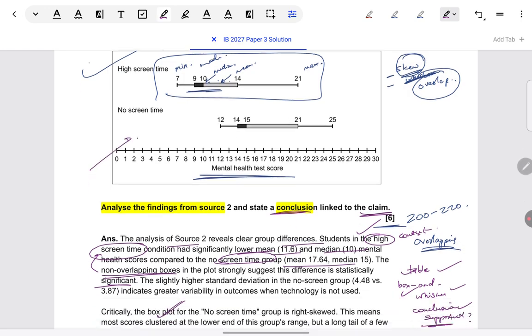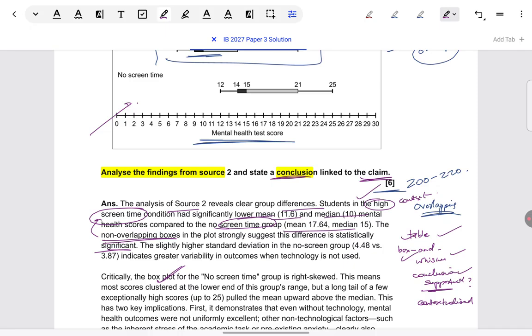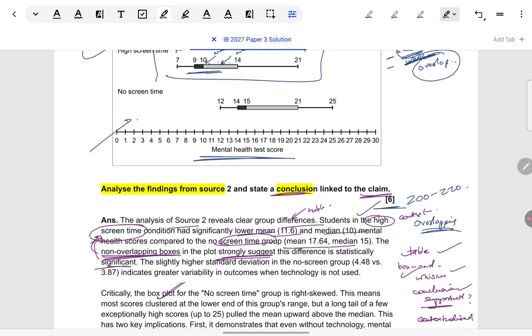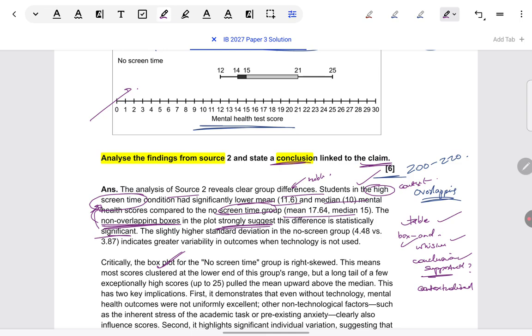In the box plot, when we see non-overlapping boxes, we cannot say with certainty that there is significance. It's a strong indication. So you can see how it is worded: strongly suggests, not that there is a strong significance. We are not putting it that way because we don't have the probability values. Okay, so this paragraph is about table values. I want to reiterate, the reason we are taking the boxes point is to support significance, which we are not getting to see on the table. So it does seem, looking at the box plot, that there is a significant, meaning population applicable, difference between mental health scores of groups which spend a lot of time online and which don't.